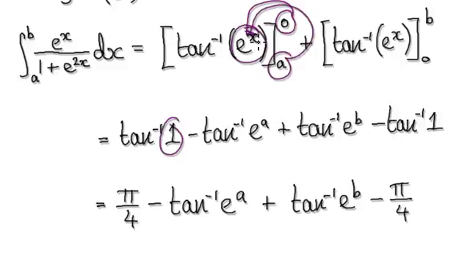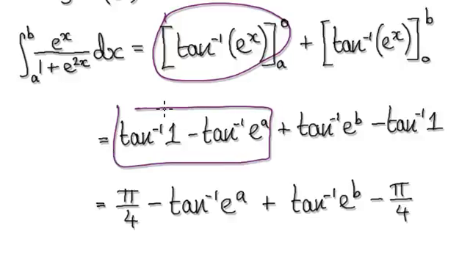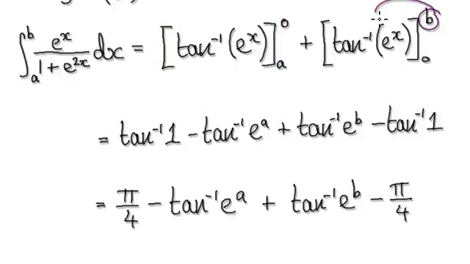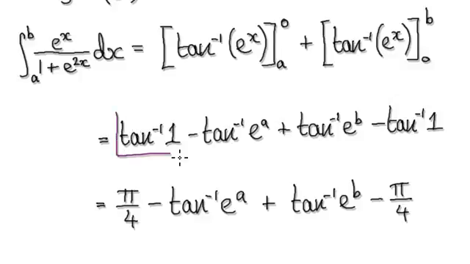And then put this into here, that will be e to the power of a. So this bit is this bit here, and then now we need to put this into here. So that will be e to the power of b here, and then put this into here. That will then be 1. So now this thing here,